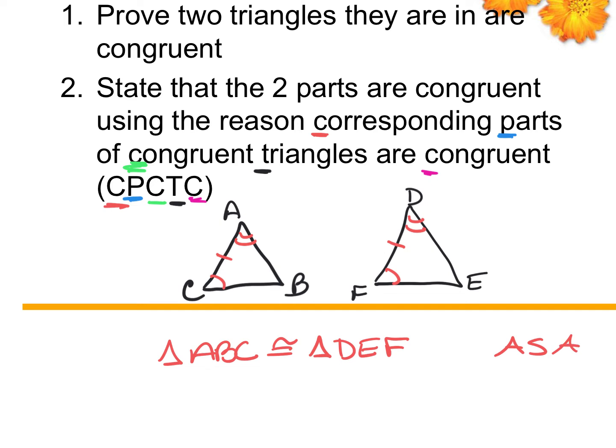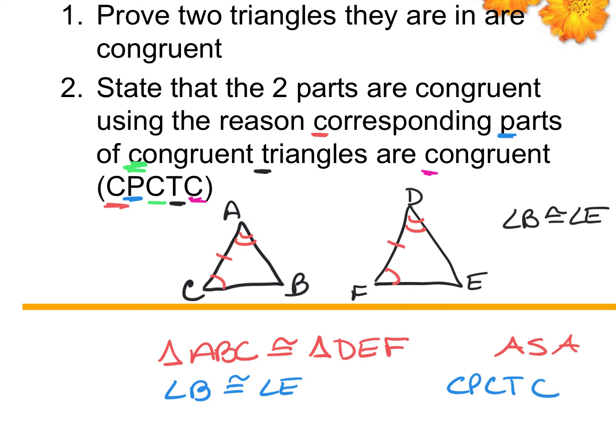So you're going to have to go through some process of proving the triangles are congruent. You might be given everything, but then what it's going to ask you to prove is it may ask you, now show me that angle B is congruent to angle E. And after this statement of proving the triangles congruent, your next statement in your proof will be that angle B is congruent to angle E, and that reason is